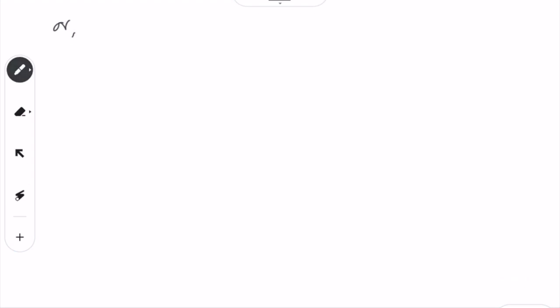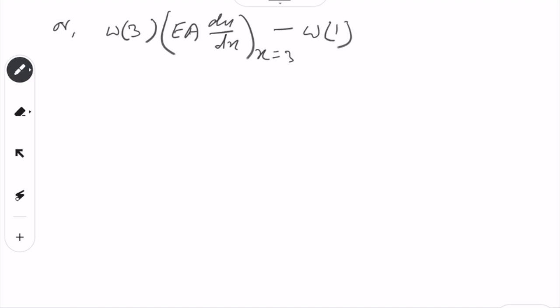So let's go like this. We have W3 EA du over dx, and this is at x equal to 3, minus w1 and EA du over dx at x